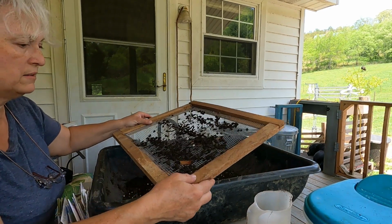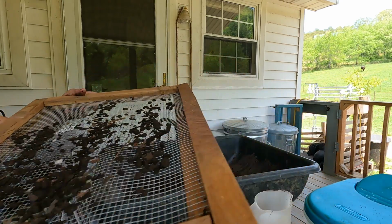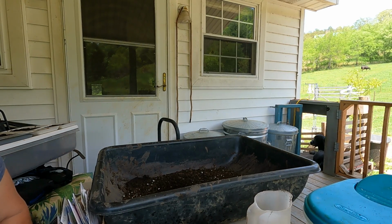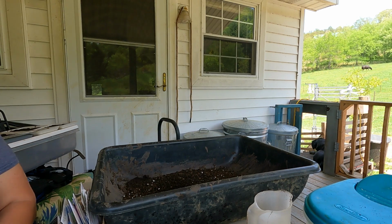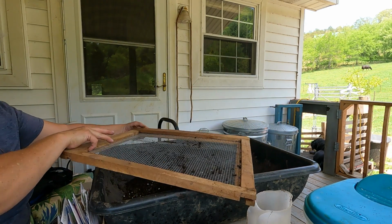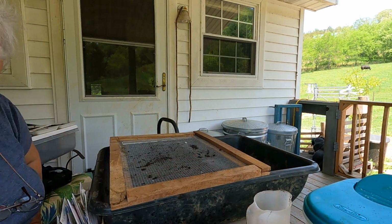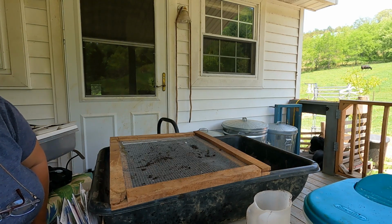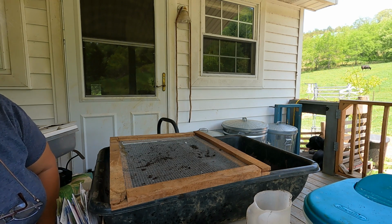Okay, so you can see that there's still a lot of material on there that's just too big for those tiny blocks. Now, it may be fine for the larger blocks. I've never used it on the mid-size block because I haven't used the mid-size block yet. However, the mid-size block you cannot buy from, or I've never seen it on the website for, let me see,